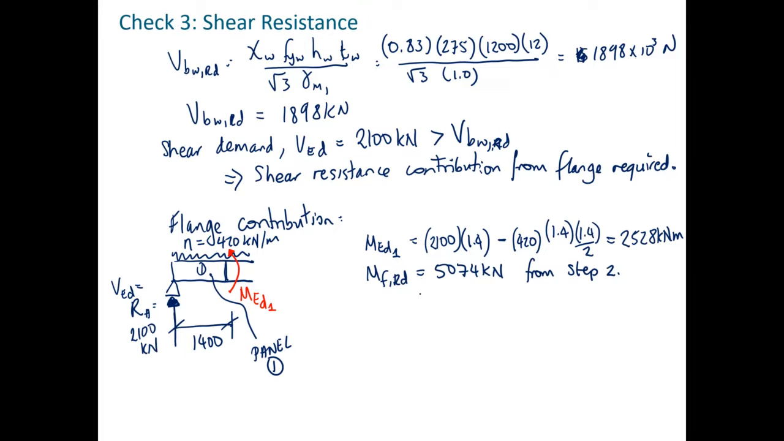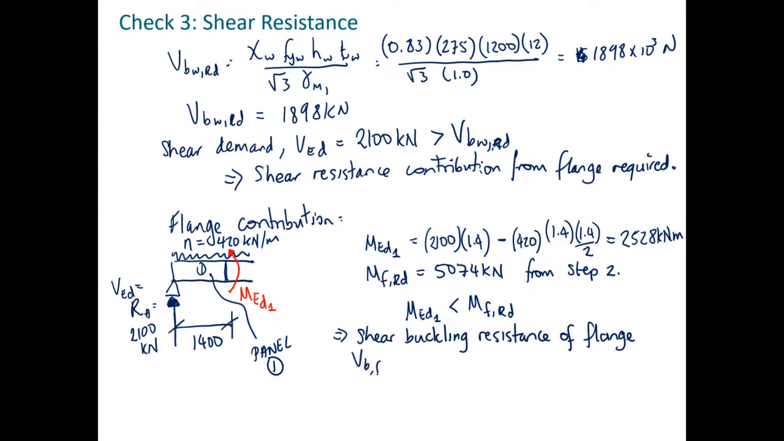Yeah. So we can see that MEd1 is less than Mf,Rd. So that implies that the shear buckling resistance on the flange